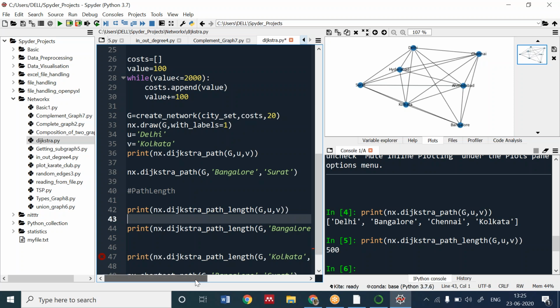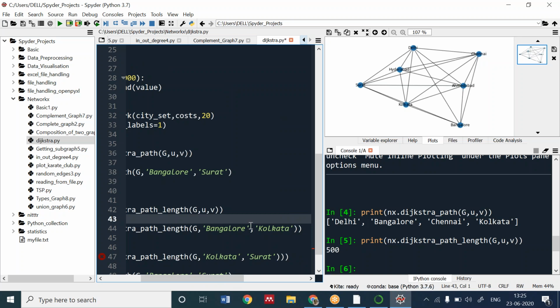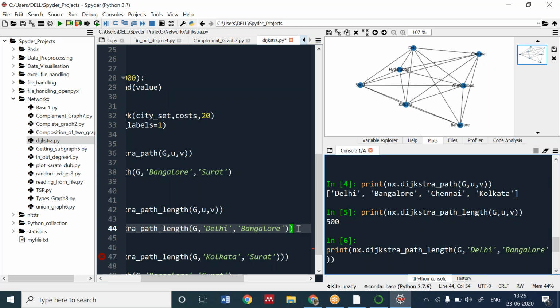Let us see whether the cost is coming genuinely or not. Let me move from Delhi to Bangalore and see what the cost is. It's 200.